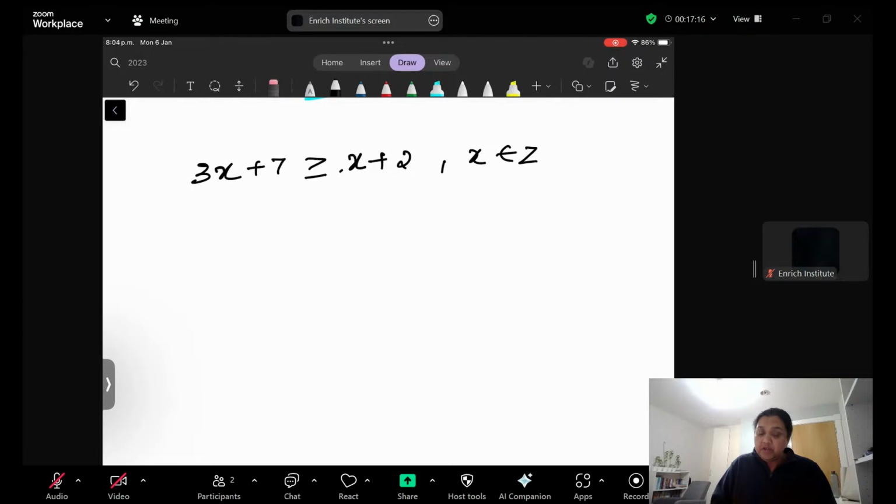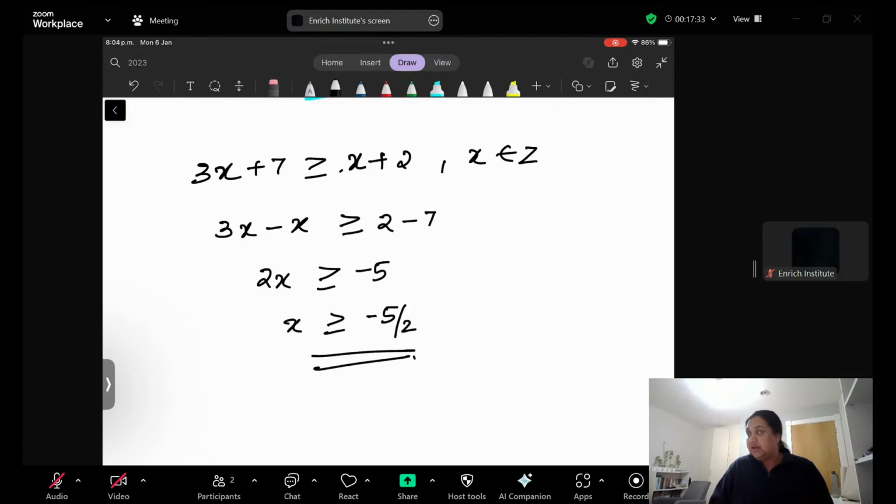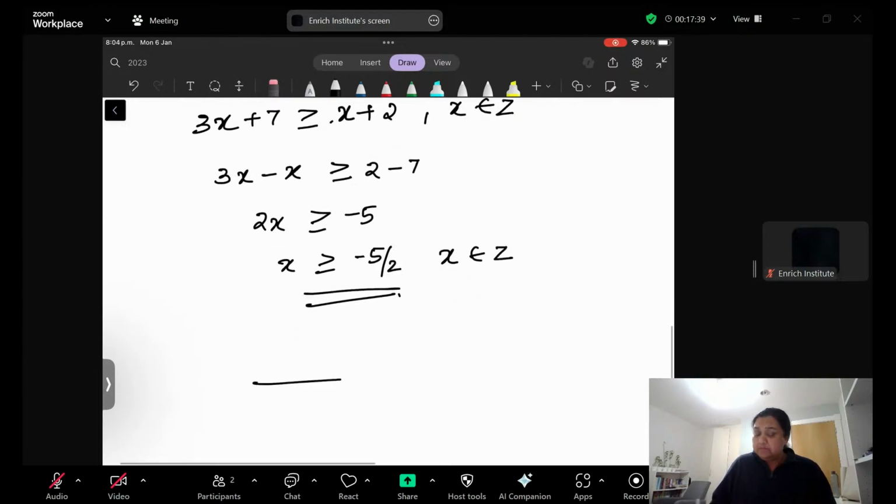So what you do, you bring all the x to one side. So it is 3x minus x is greater than or equal to 2 minus 7. So 3x minus x is 2x, which is greater than or equal to minus 5, and x is greater than or equal to minus 5 over 2. So this is the answer. And x is an element of Z. Z means integers. Now to plot that